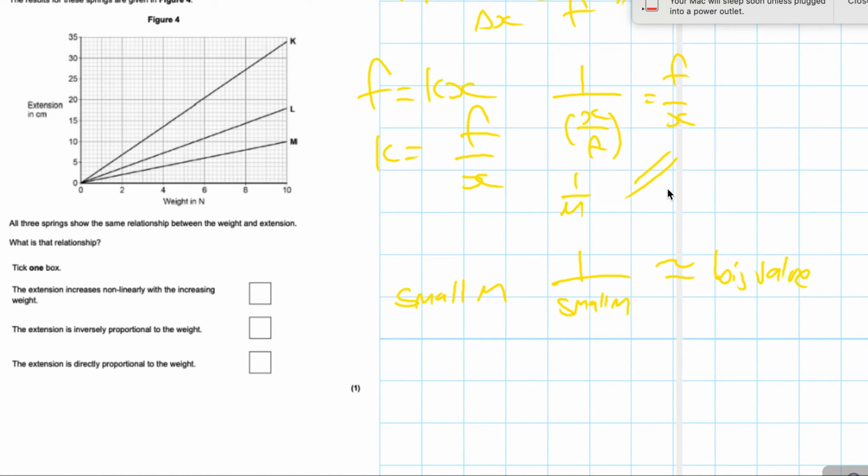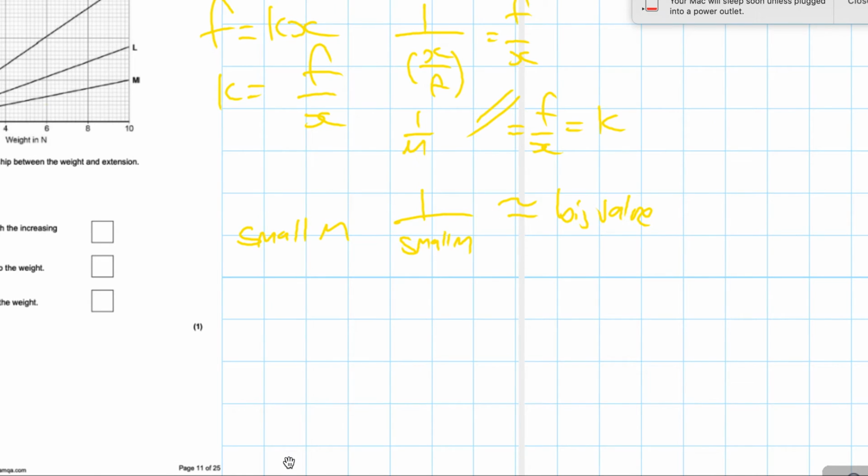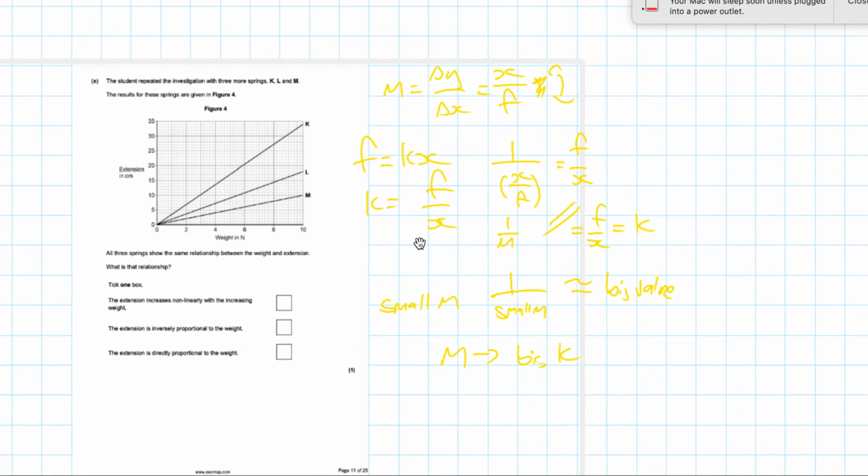What I should say is this is 1 over m, this is equal to f over x, and this is equal to k. So a 1 over small value gives you a big value, so therefore m has a big spring constant. Now this is a really important question because it's quite easy to use this method and get it wrong,